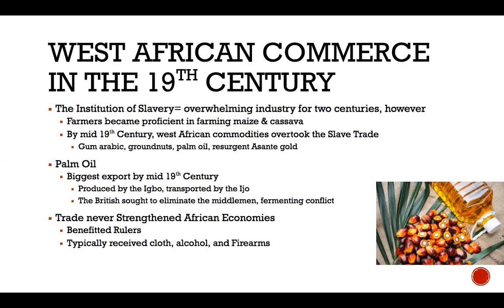These obsolete weapons would only lead to a more militarized West African landscape, in which the leaders could oppress more people, because now they had these firearms, but firearms that would not have been beneficial to them at all when they would push back against colonialism or imperial overreach. So in a nutshell,